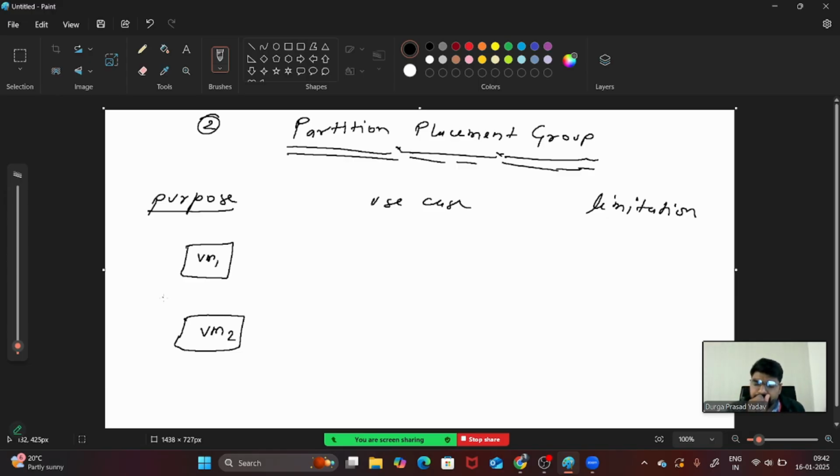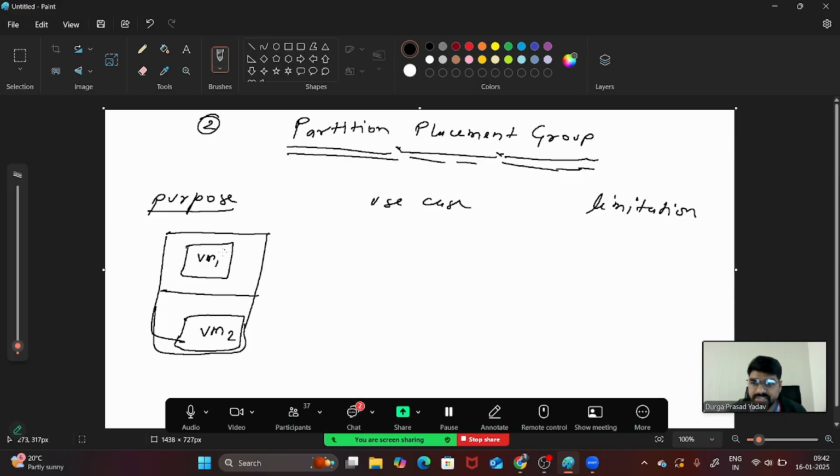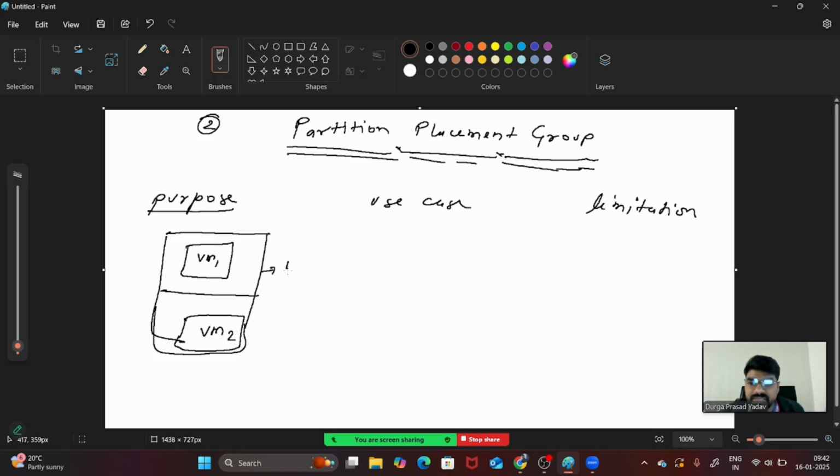The meaning of partition is that logically you are dividing. Logically you are creating two partitions for two machines. If you have three machines, you will create three partitions. So here we have two machines, and logically we will create a partition. It is a logical partition. And what is the purpose of a logical partition?